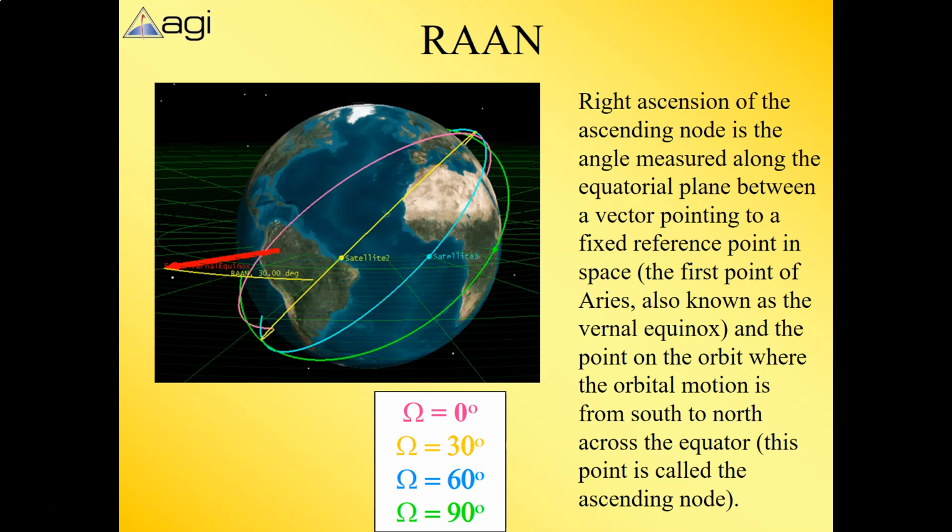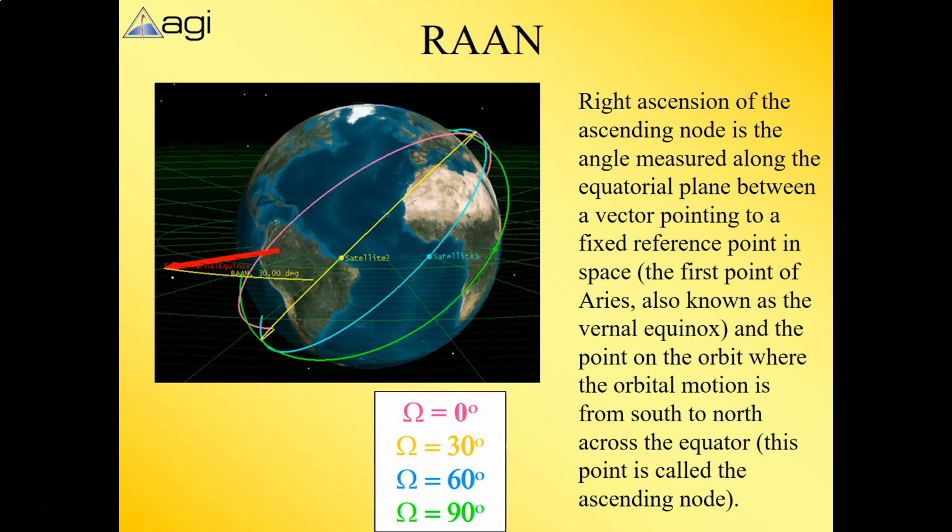That's V-E-R-N-A-L, equinox, E-Q-U-I-N-O-X. Vernal equinox. This point, this celestial reference point, or the first point of Aries,